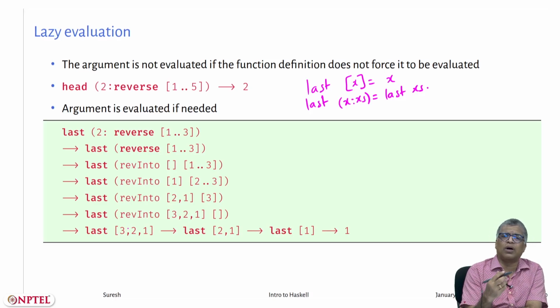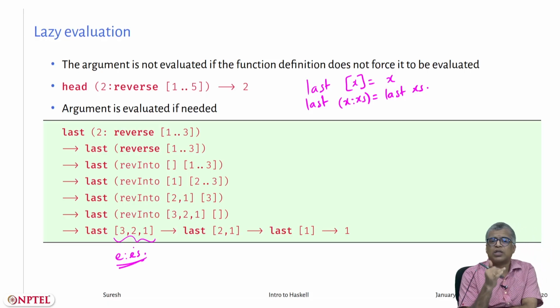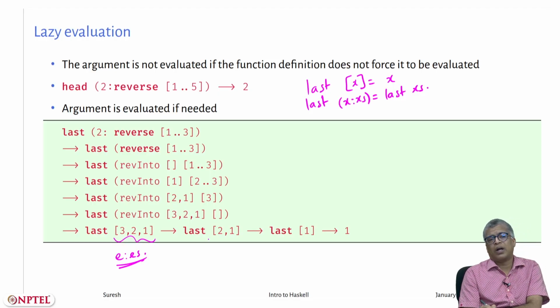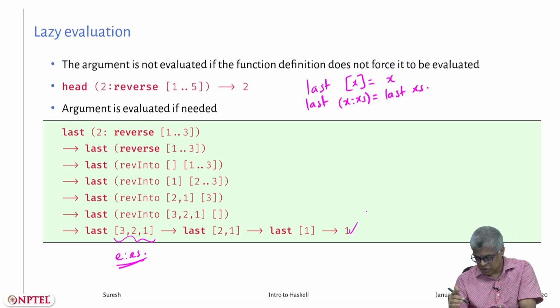Now this list is of the form something e followed by e's. Okay, you are waiting for that. The moment you have something like that, you will go from last of e followed by e's to last of e's. Okay, so you have gone here, and last of 2 1, and then you go to last of the singleton list 1, which is 1. Okay, so this forces you to evaluate the argument, the reverse function, but the head, in one step rewrites it to 2 because head of x colon whatever is x. So you don't need to care what that whatever is. Okay.